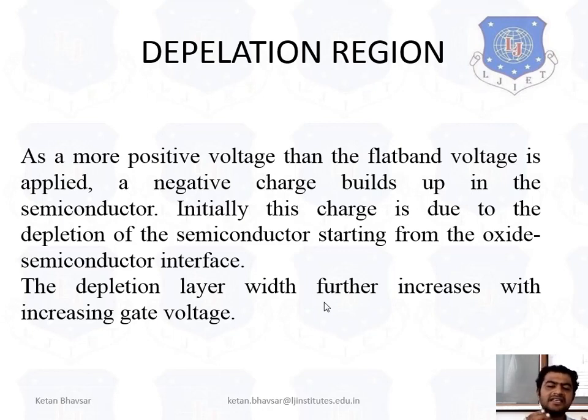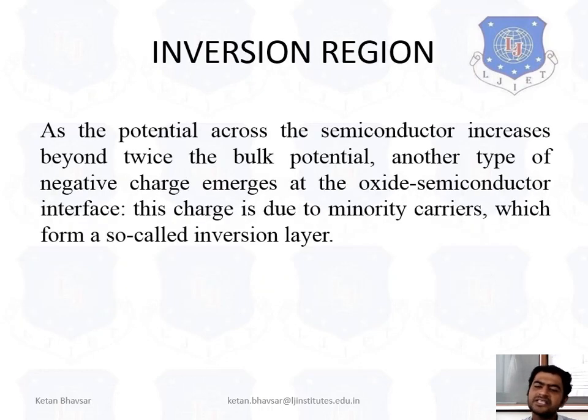So as we can see in the figure, it attracts the positive charge near the surface, and it creates one depletion region. In the same way, as you can see the inversion layer, if it increases more and more, you can see now the electrons are near the substrate and the holes go back down. Because of that reason it creates an inversion layer.